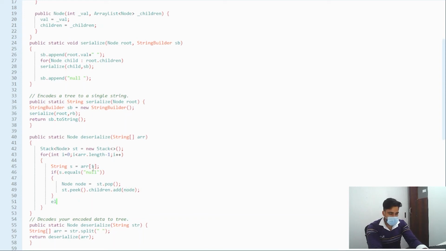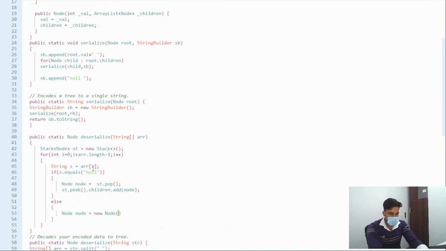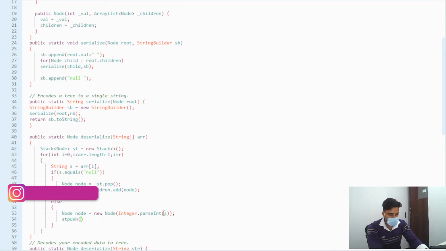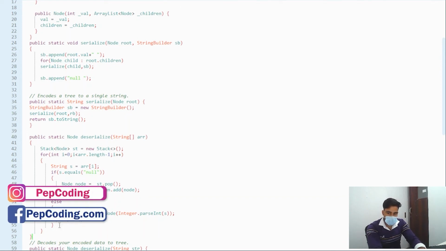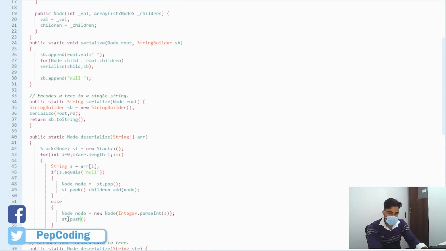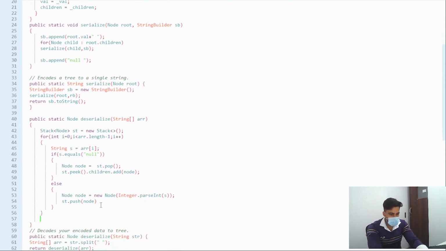Otherwise, else I will create a node with a value of Integer.parseInt s, and I need to push that node back into the stack, st.push node.